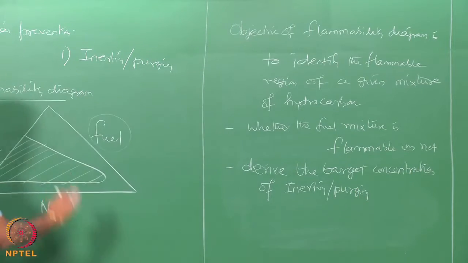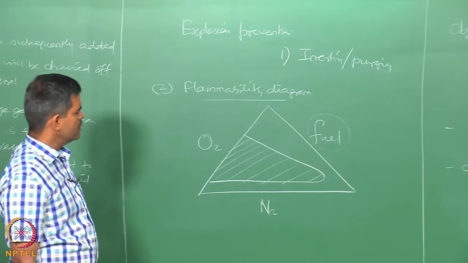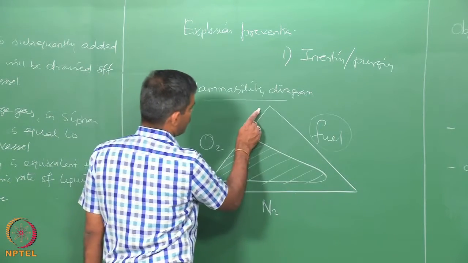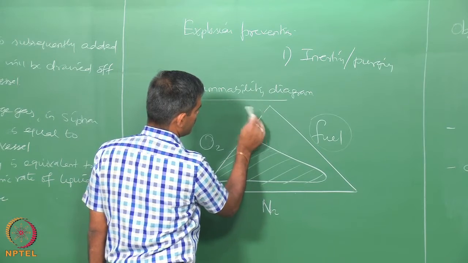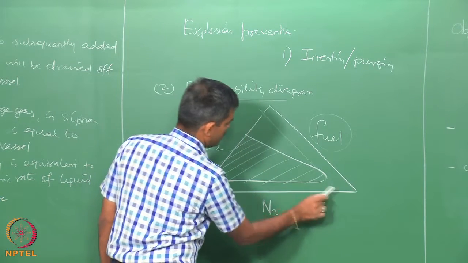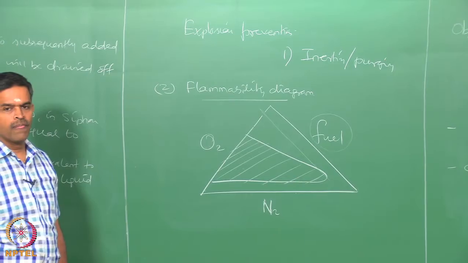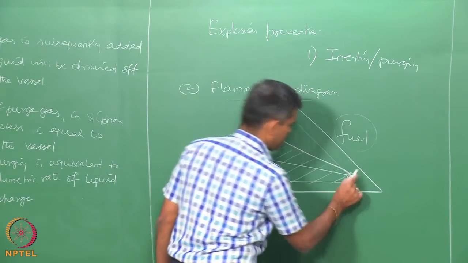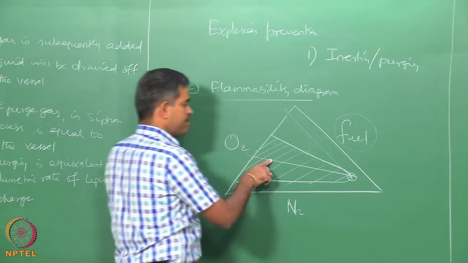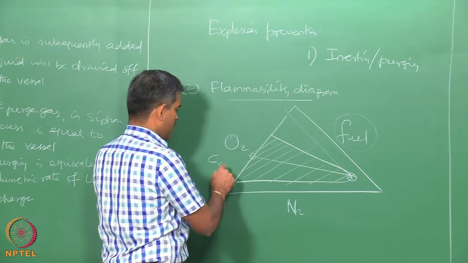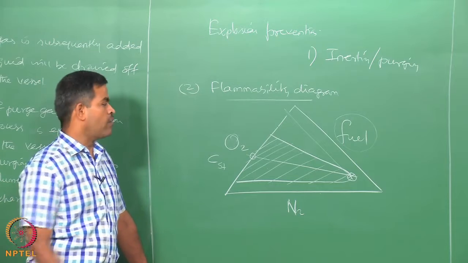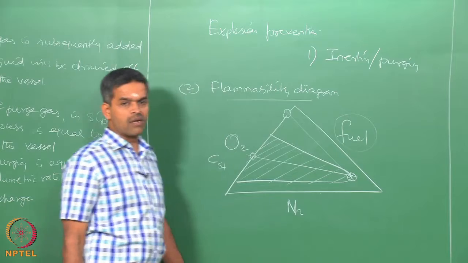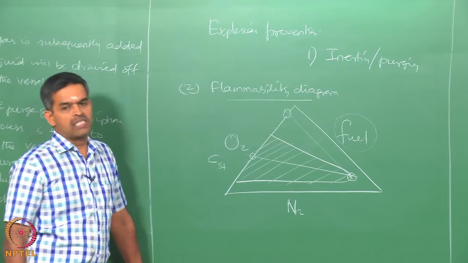If you look back at the flammability diagram very carefully here, the nose of this curve is interestingly the intersection of the LOC line and the stoichiometric balance line. The stoichiometric concentration CST depends upon the fuel mixture of hydrocarbon, and the LOC line depends on the oxygen concentration required for the mixture to catch fire.